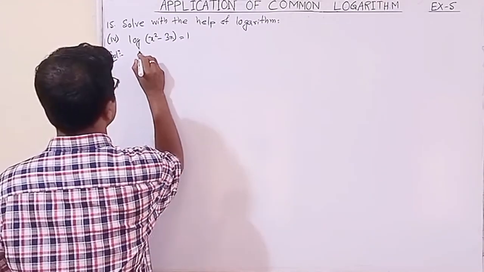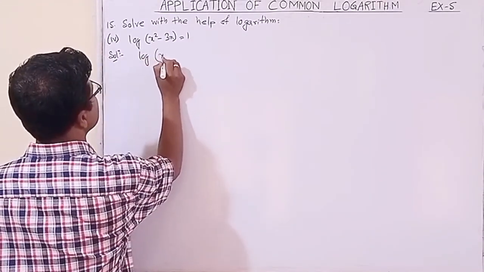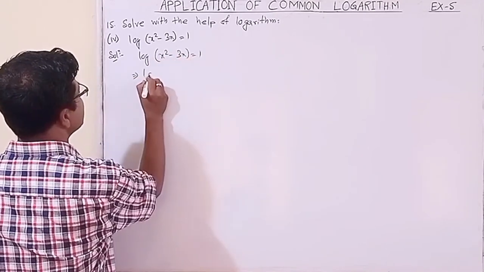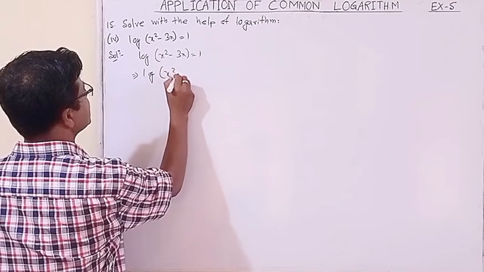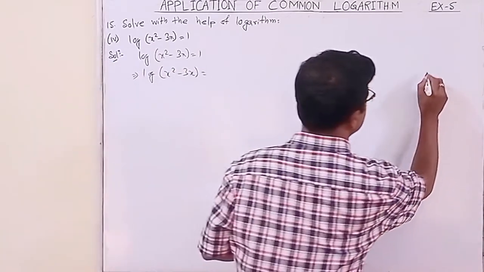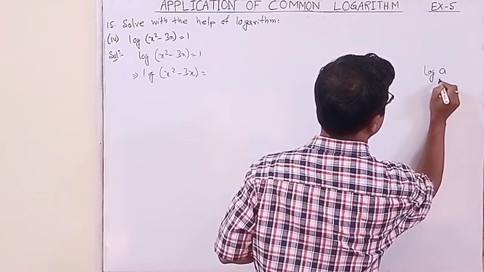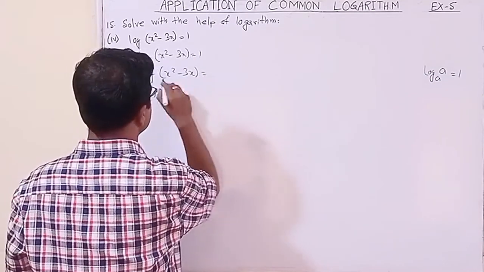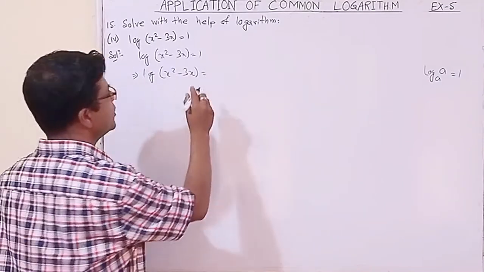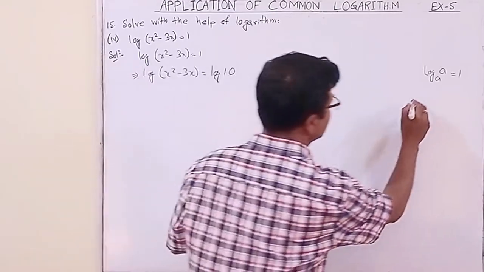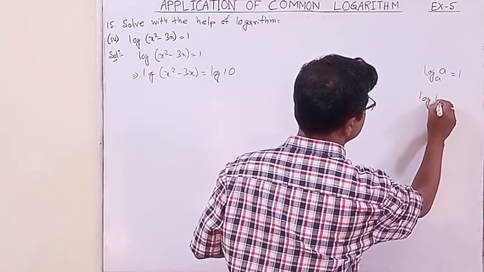This is a very easy question you will find. At first let us write the question here, x square minus, we are copying the question. Here you see what is given, x square, log of x square minus 3x. Now dear students, we know that log of a to the base a is 1. So as it is 1, we can write it in the natural logarithm or in common logarithm, log 10 is 1, because we take the base as always 10, isn't it?